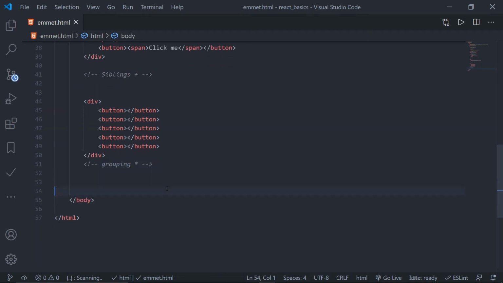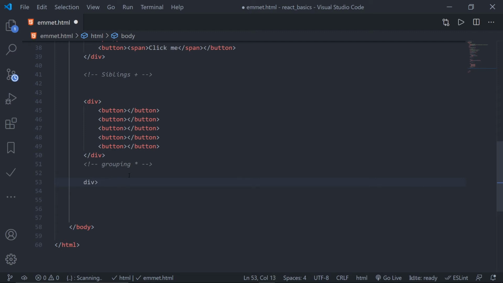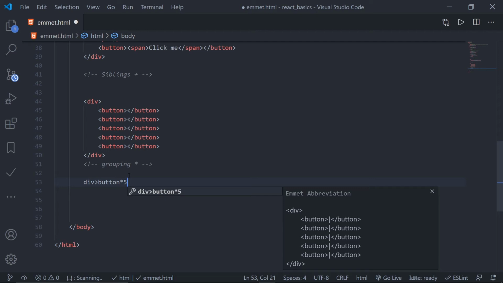Okay, cool. Now we can also use variable. So let's say I want to also add a text inside this, which is first one say button 1, second one is button 2, third one button 3, fourth one button 4, and fifth one button 5. So instead of doing this manually, we can do this using Emmet. So let's see how we can do this. So inside this div we want 5 button, right? So button into 5. So this will give me 5 buttons inside a div, but we also want to change